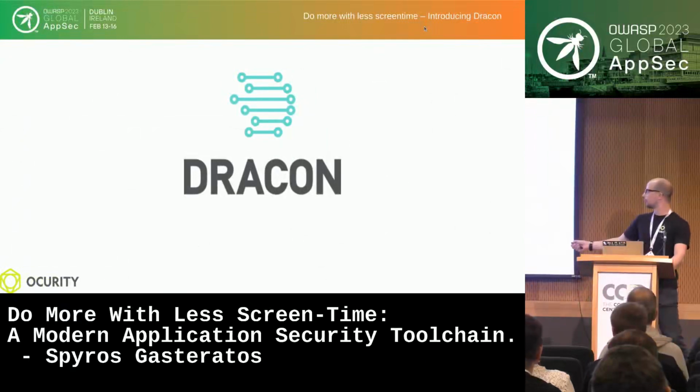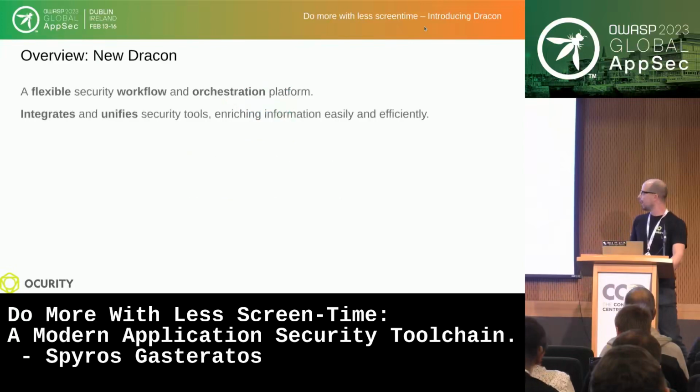So we're introducing Dracon. We rewrote Dracon and we changed a lot of things more than having a logo, because every cool open source project needs a logo on top of a name. And what did we change? Well, we created a brand new project pretty much, and we made Dracon